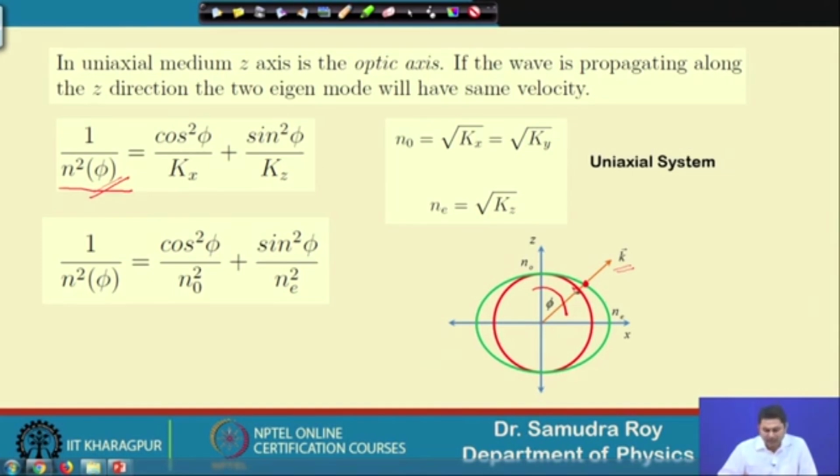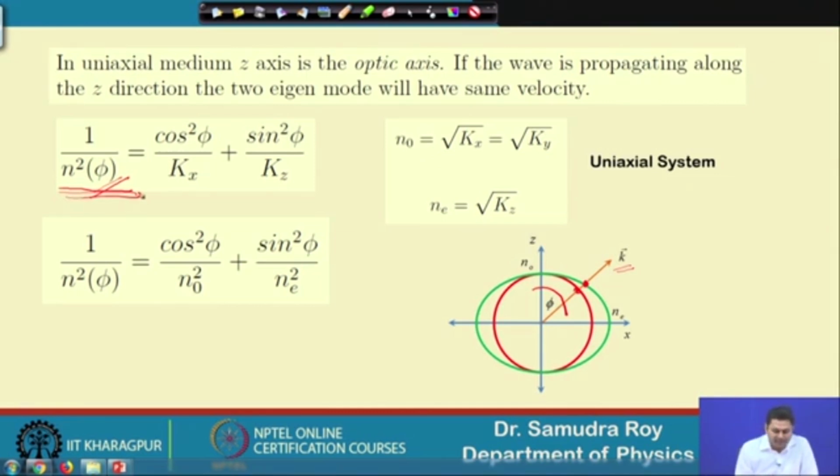These two circles represent the value of the refractive index in a particular direction. In this 2D representation, I can launch the k vector in any direction over 360 degrees. In that case the refractive index value will be a function of phi,